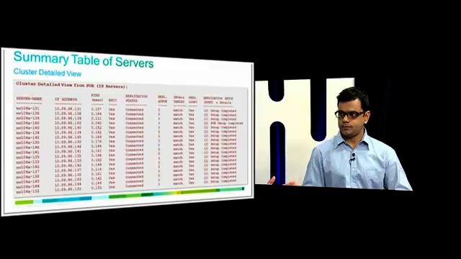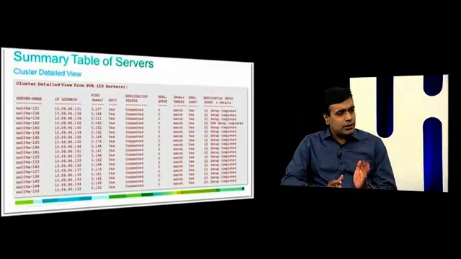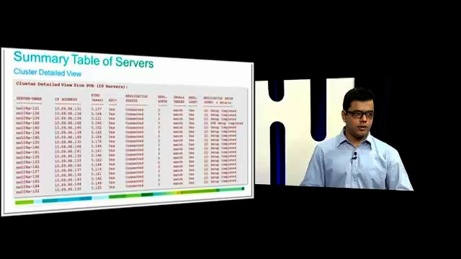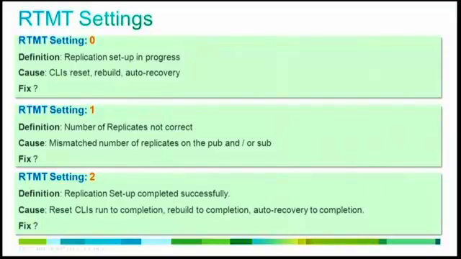So can you explain what the different RTMT states for DB replication signify? Sure. If you look at the slide, RTMT setting 0 primarily means that the replication setup is still in progress. What are the possible causes of this? If you do a reset from the CLI, or if you run a specific command called rebuild, which is a new command in call manager version 9, that's another possibility. Last is an auto recovery mode, which the call manager automatically rotates into and tries to recover